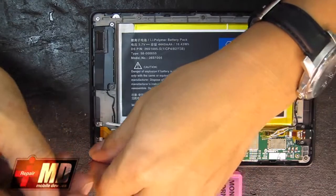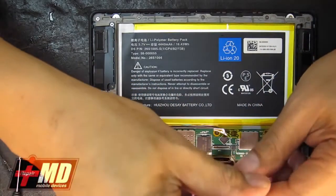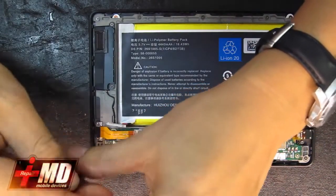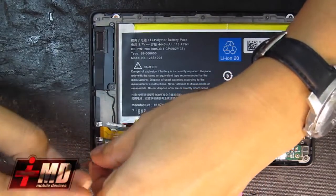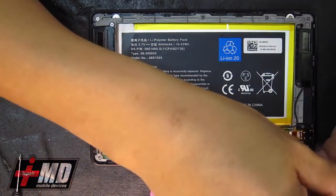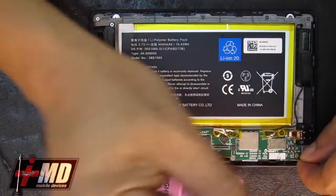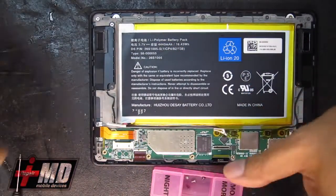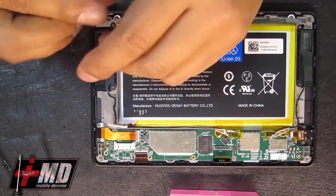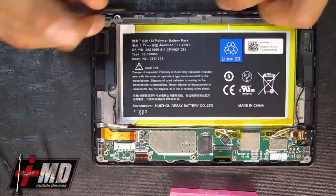All right, checking all the screws that are connecting the LCD on. All right, we're going to go to each corner here. We're going to determine whether we need to remove any other screws or not. We know we need this